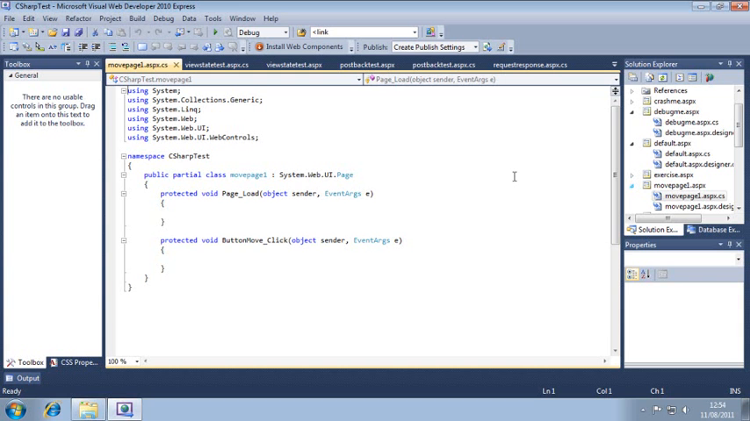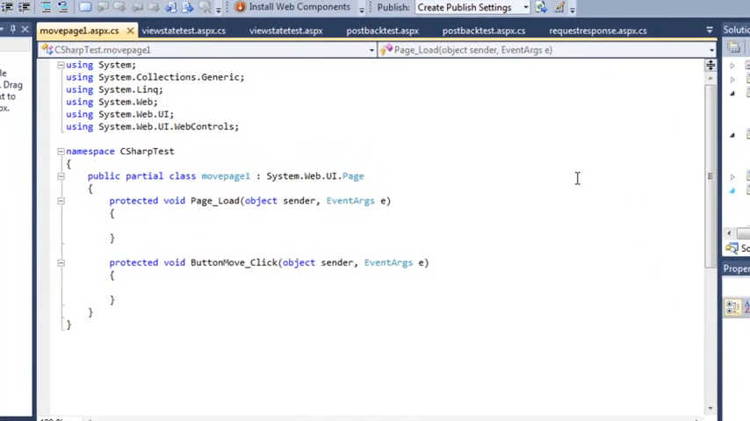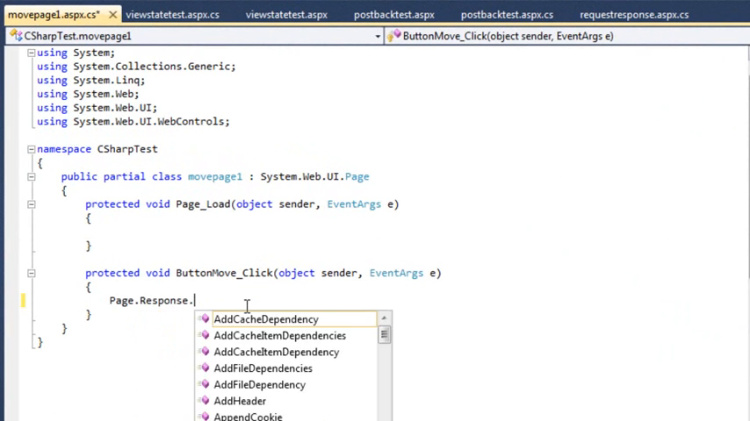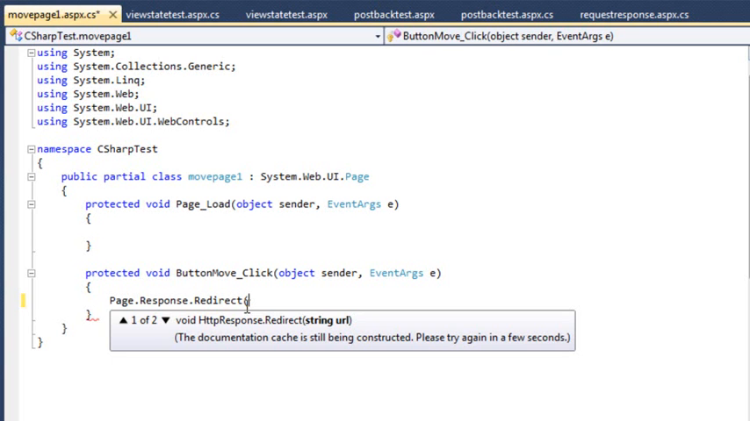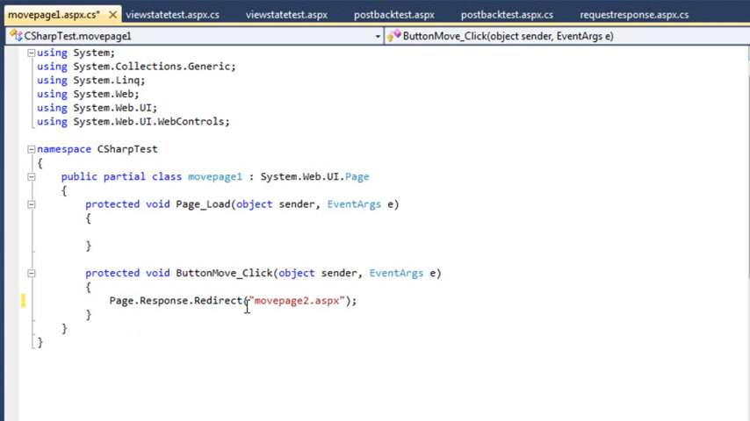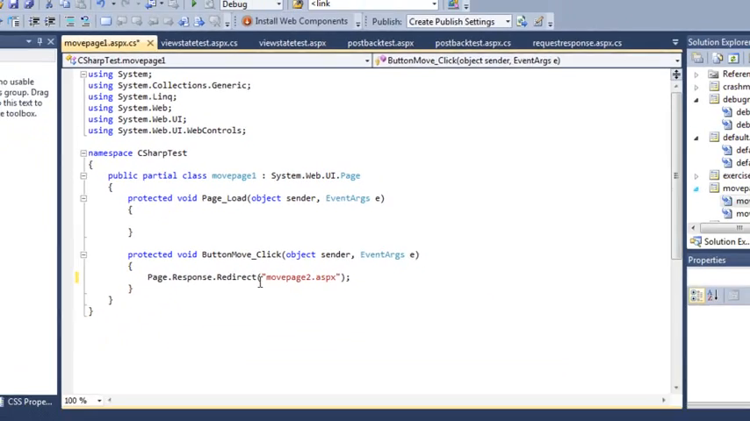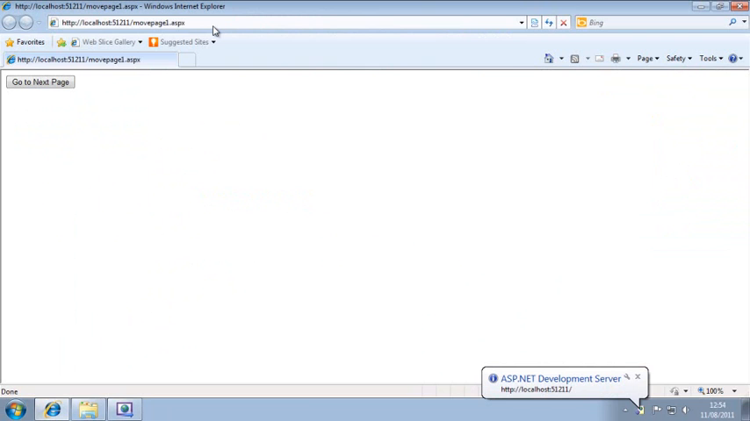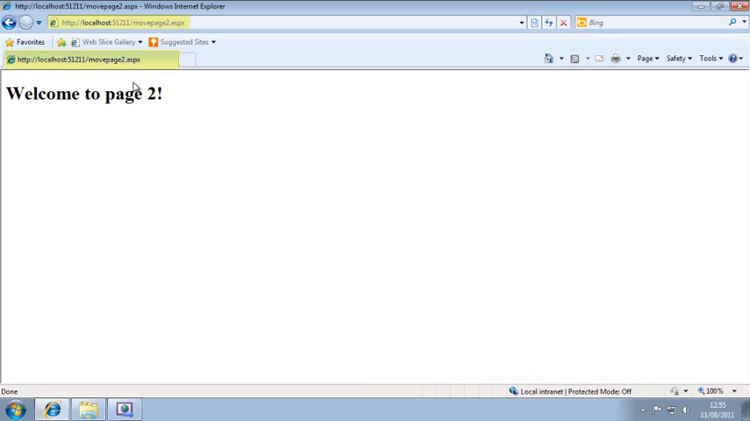Add the following code to the button move click event handler. Page.response.redirect("movepage2.aspx"); View the page in your browser now, and click the button. You'll see that you've been redirected to movepage2.aspx. Note that the address bar shows that you are now on